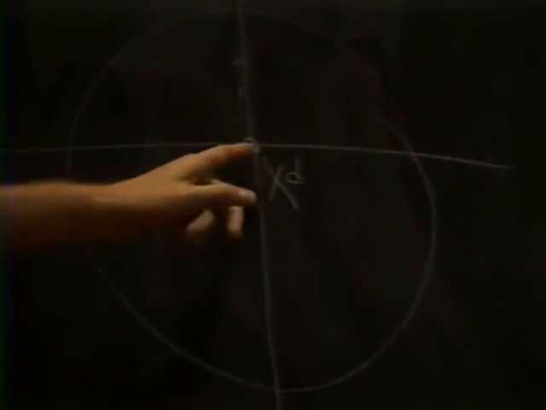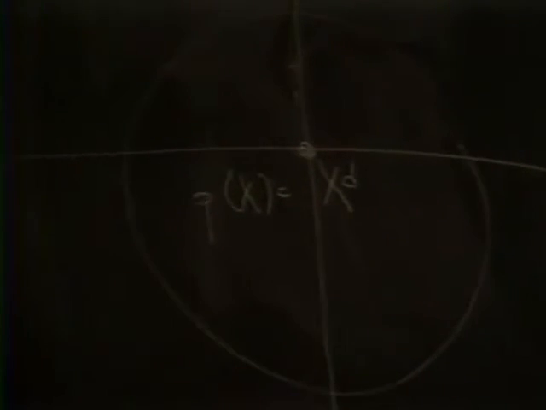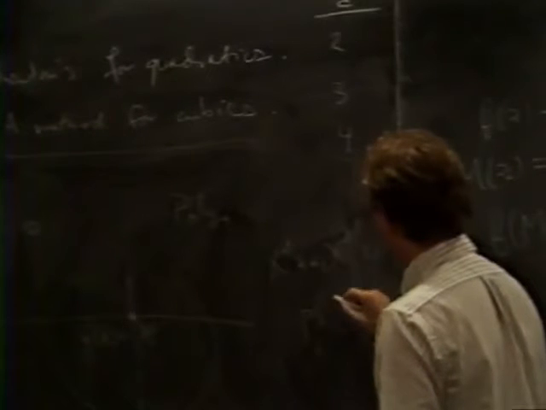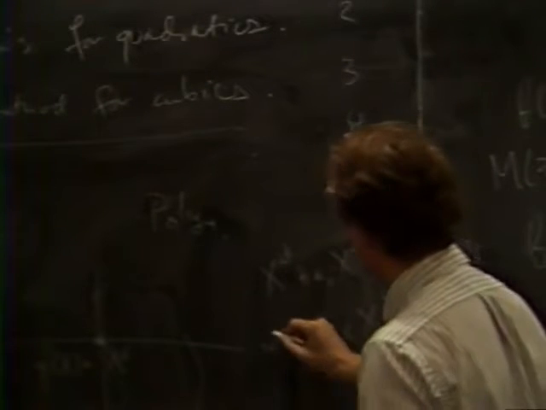Okay, if you had an algorithm which worked near p of x equals x to the d, well, it would be just as good as an algorithm which works everywhere. The reason being, you could take your polynomial, x to the d plus a1 x to the d minus 1, and so on, and you could change variables so that these coefficients became quite small. You could just change by a linear scaling, replace this polynomial by p times x, alpha to the minus d.